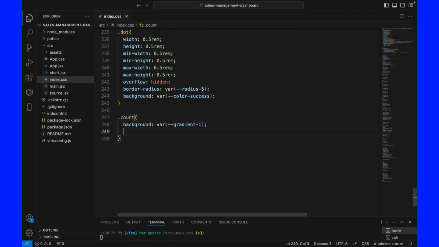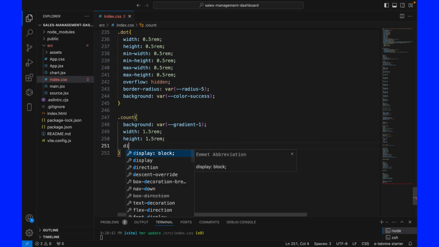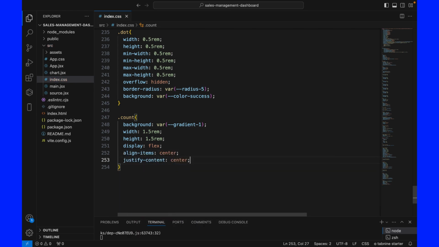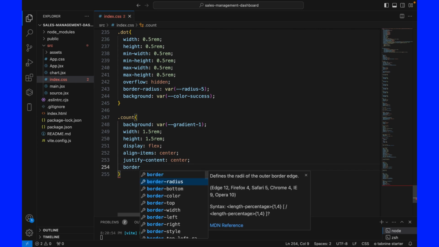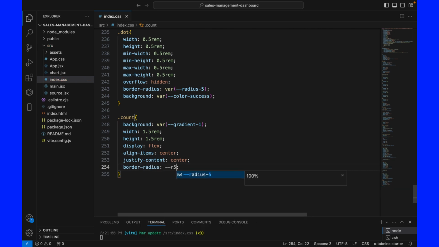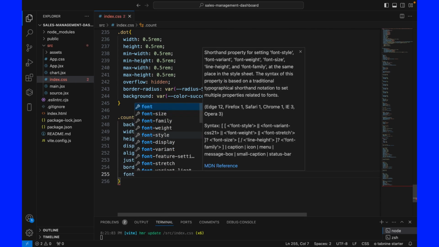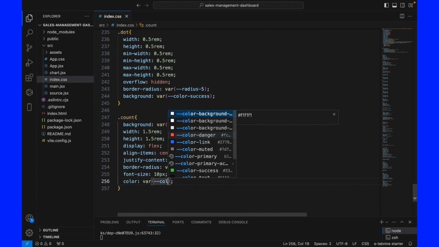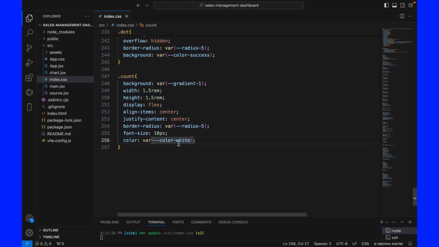Now count. So we're just writing this now so that later on we won't be writing it again. All right. Okay. We'll display it as flex. I'll align the items to center and justify the content to center. Border radius 5. Font size should be 10 pixel and color should be color white since it already has